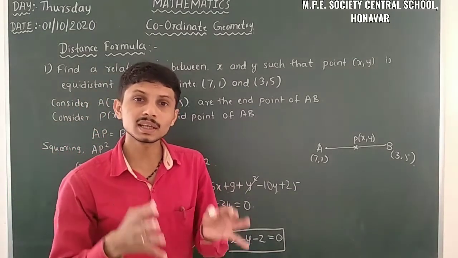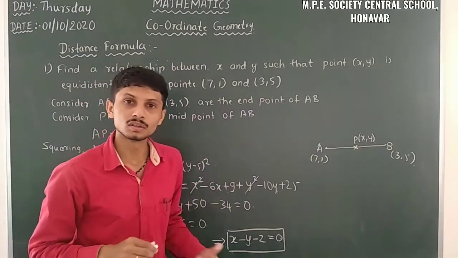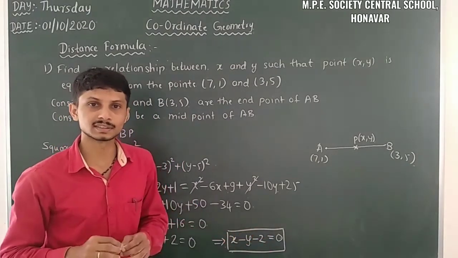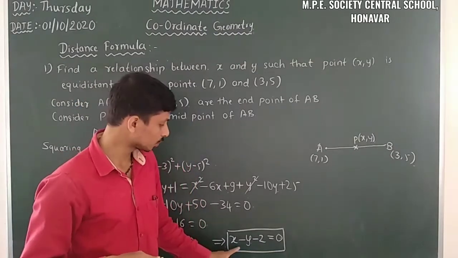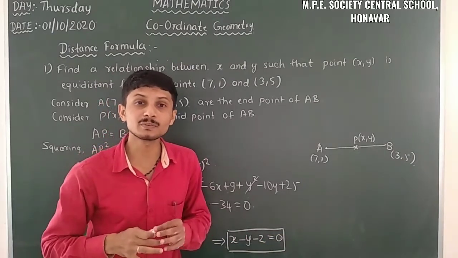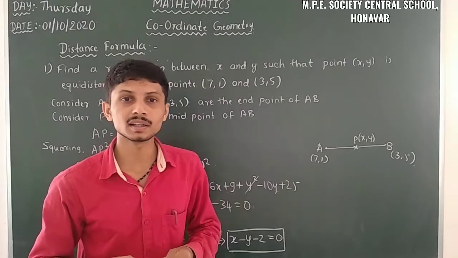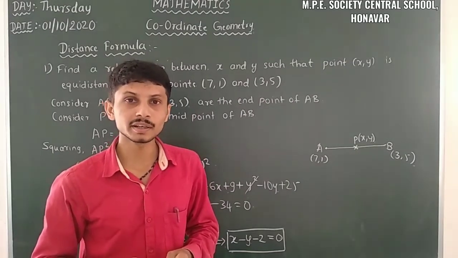So that means here we have to substitute the value of x and y. So the relationship will look like this. We can insert any value of x and y. So just observe, it's in the form of ax plus by plus c is equal to 0. It has an infinite number of solutions. We already learnt this in linear equations in two variables. So let us move on to the next problem.